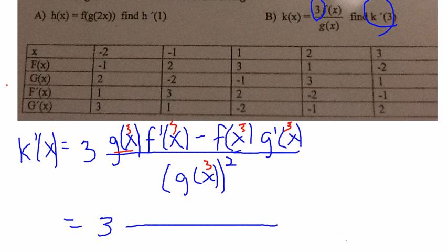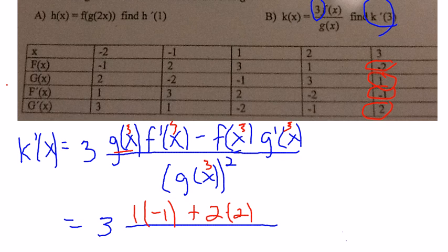G of 3, well, go over to 3. G of 3 is 1, so I get a 1. Then f prime of 3, that's the one right below it. It's negative 1. So I get 1 times negative 1. Minus f of 3, which is negative 2. Actually, I'm just going to change that to a plus to make less stuff to deal with later. So plus 2 times g prime of 3, which is 2. So times 2, all over